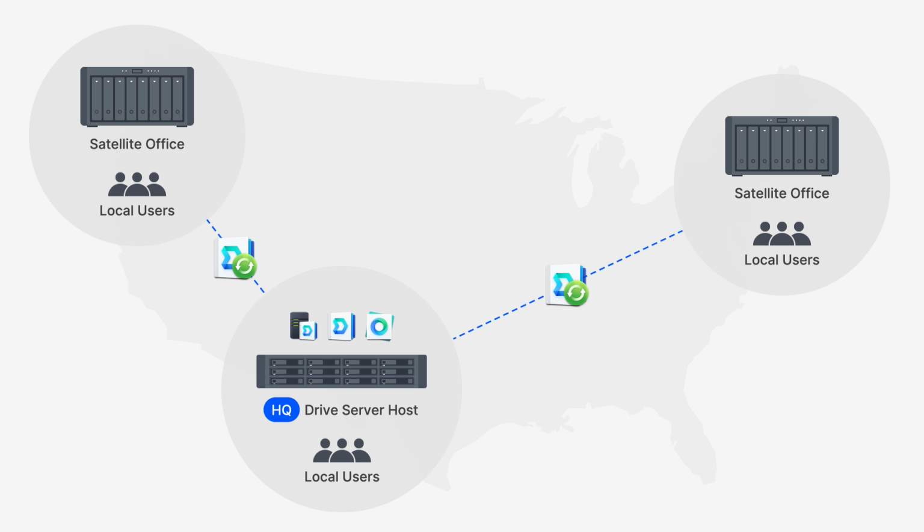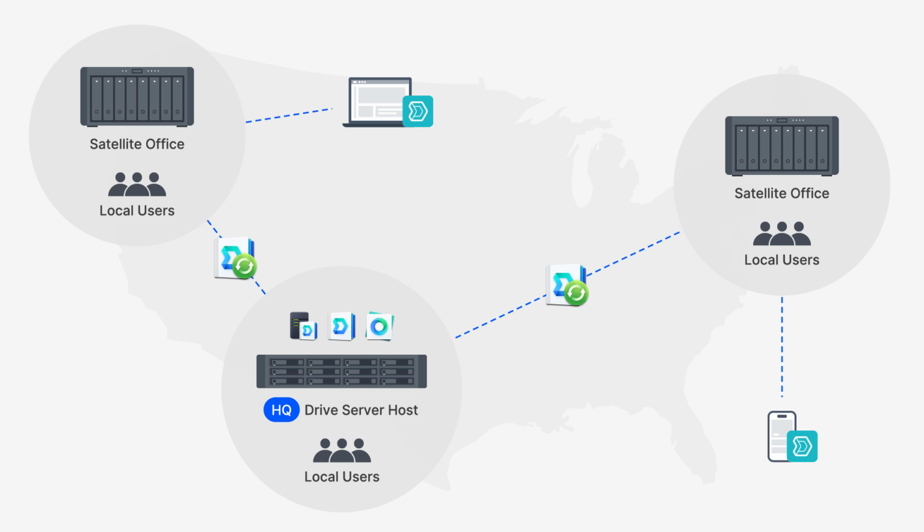Now, local users at those offices can interact with their file server data on those satellite office NAS and have those synced right back to the Synology HQ hosts and out to anything else that is connected with the system. On top of that, you can also have remote workers or mobile workers using the Synology Drive client or the mobile app and have them syncing with their respective NAS. Now, if you need to add additional offices in the future, you just add another Synology NAS there and set up a Synology Drive ShareSync task, again, adding additional NAS to this greater Synology Drive environment.